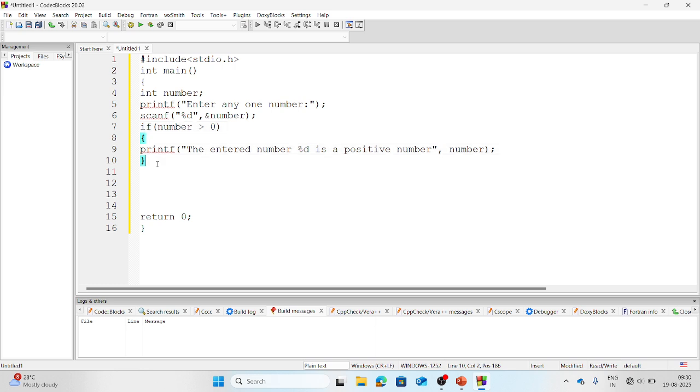But if the condition is not true, then we need to tell the compiler else, means if this condition is not true, then come into the else statement. Then it would come into the else statement and check the next condition, like if the number is less than 0, if the number is less than 0, अगर नंबर छोटा है मीन्स अगर नंबर नेगेटिव है तो क्या करें,